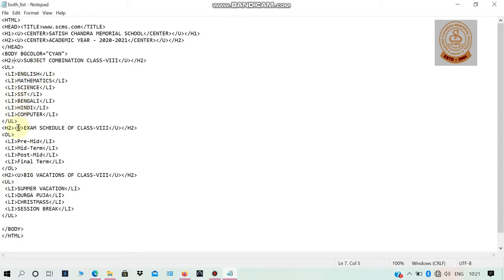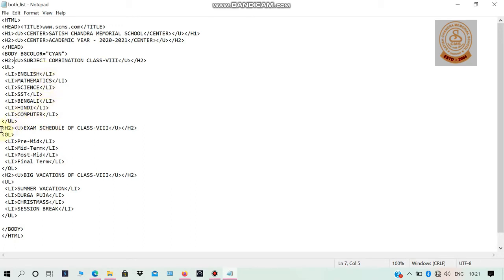You know, the LI tag is used for list items. So here the unordered list is completed with the ending tag of UL. Like this, I have added one unordered list where I have mentioned 7 subjects starting from English to computer.